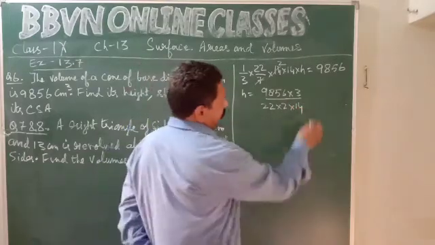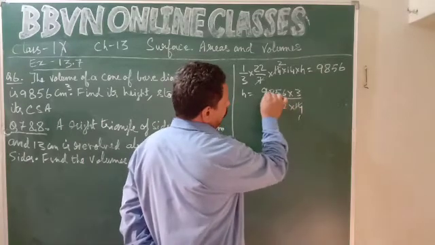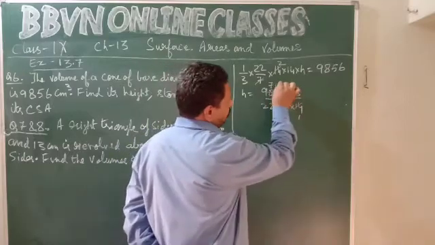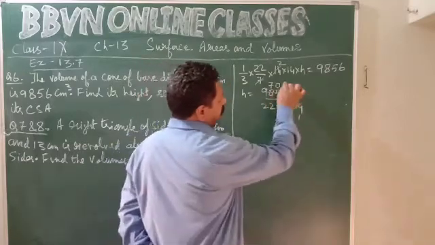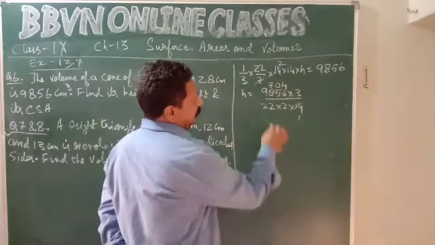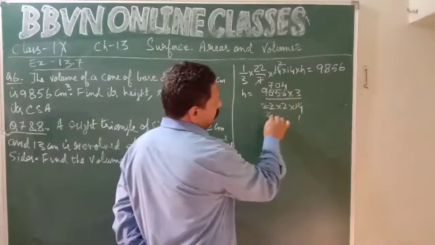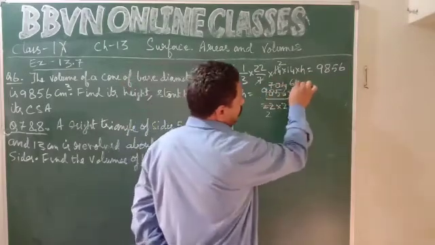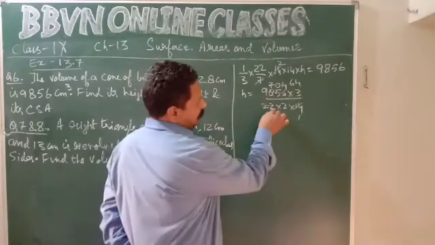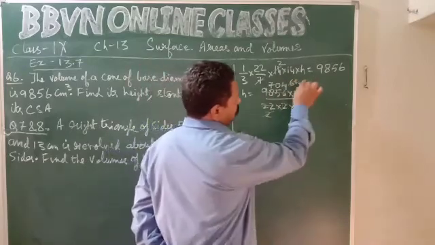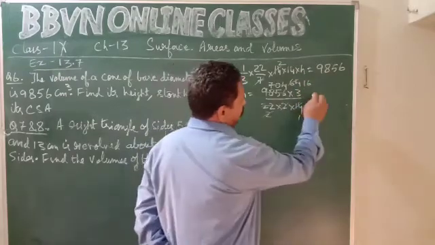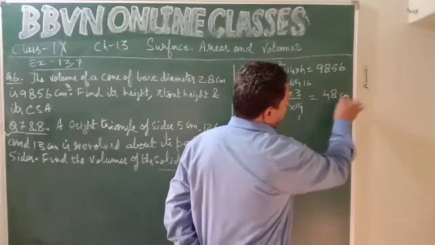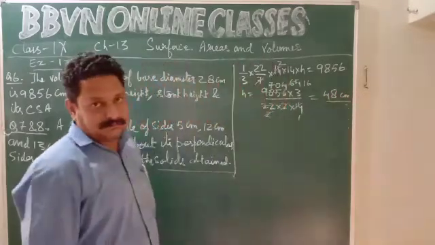Right? Now 14 goes 1 time. 14 goes 7 times in 98. Then 5 becomes 0. 56, 14 goes 4 times. Okay. Now 11 goes 2 times. 11 6, 66, 4 and 4 44. 11 4s are 44. Now 2 multiplied by 2 is 4. 4 goes 16 times in 64. We are left with 16 into 3, that is 48 centimeters. This is the height. Okay.